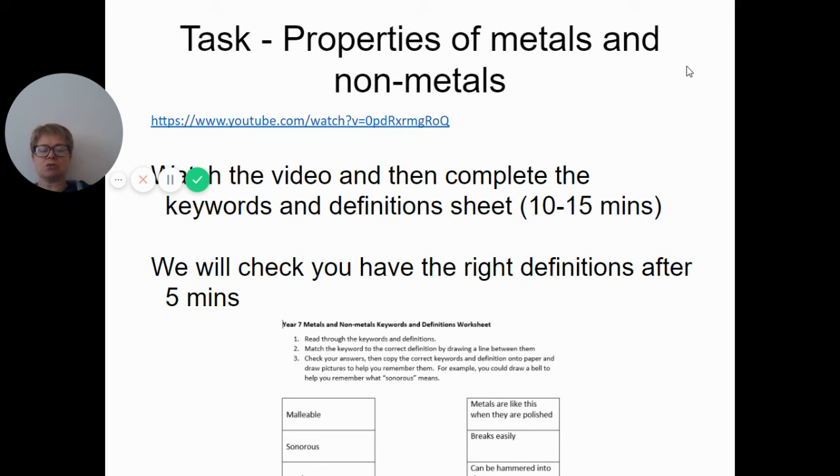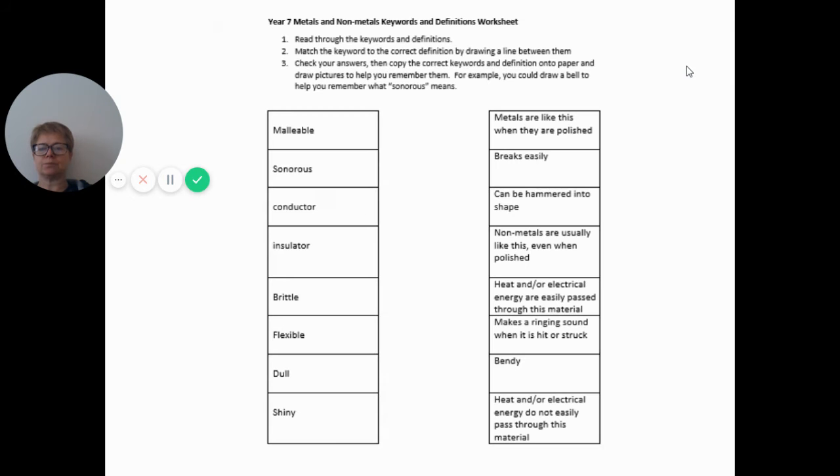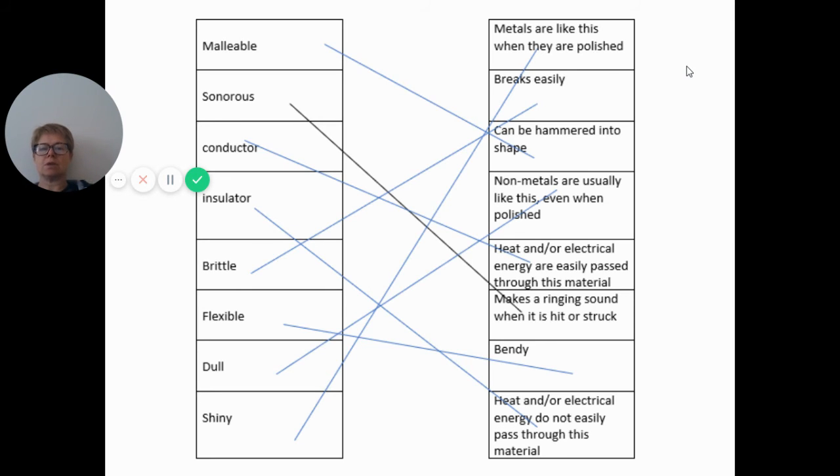Okay, and if you're ready to check you've matched the keywords and definitions correctly, I'm going to put those answers up now. So you should have matched malleable to can be hammered into shape, sonorous, makes a ringing sound when it is hit or struck, conductor, heat and/or electrical energy are easily passed through, insulator, right to the bottom, heat or electrical energy can't easily pass through,